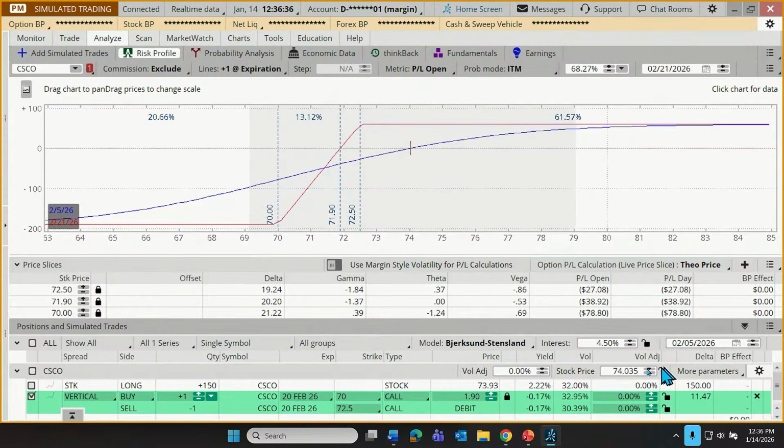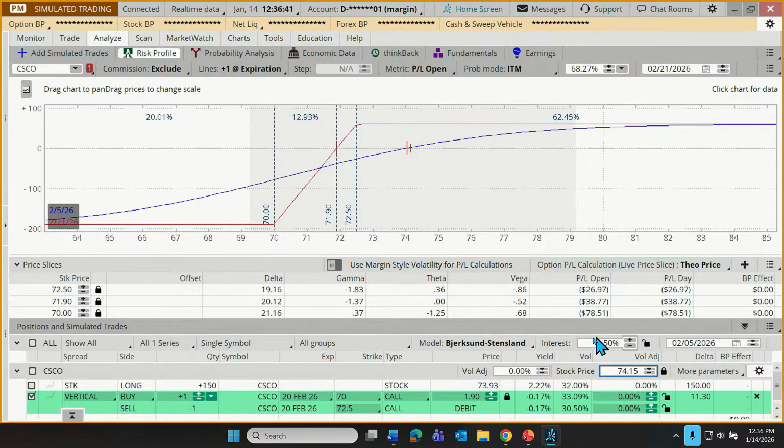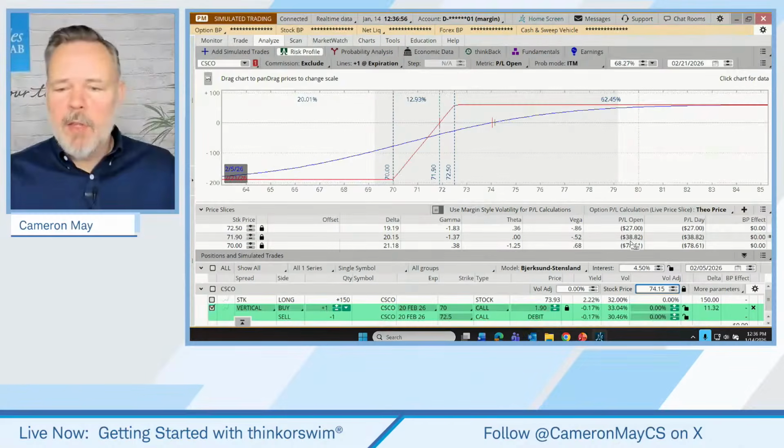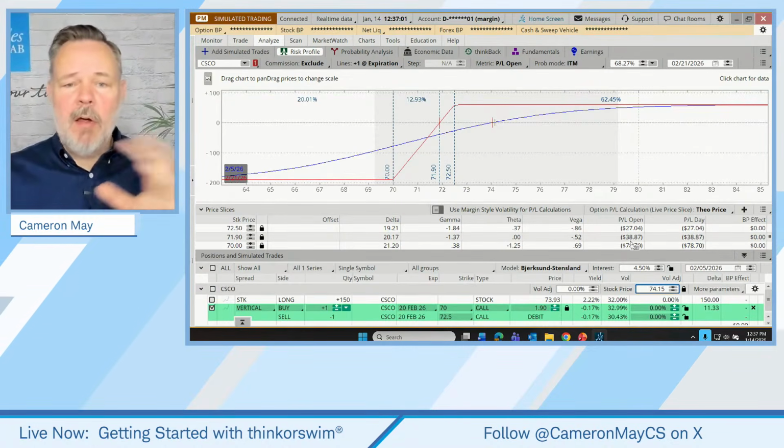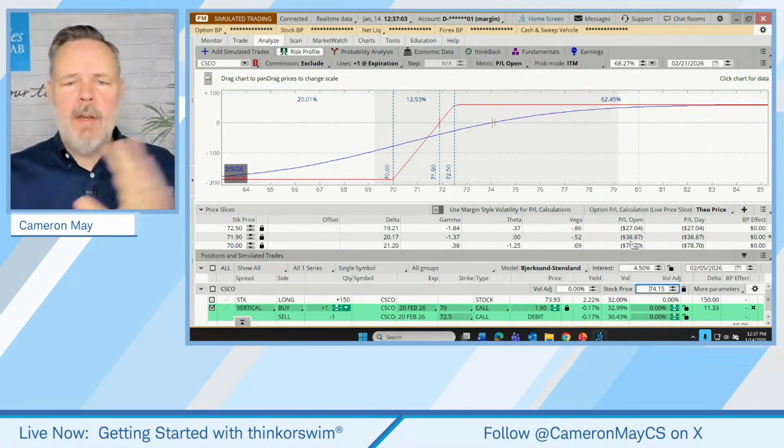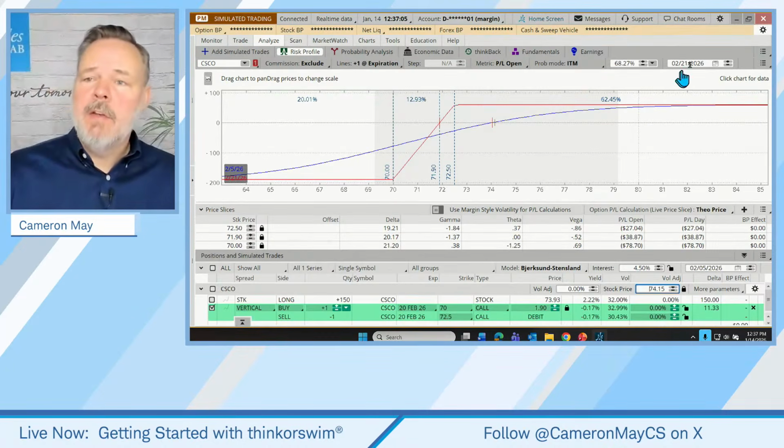We can adjust price, and we can adjust volatility and see the impact on our profit or loss scenarios here in numerical terms. So what I would suggest you do is play with these tools. Again, you can get in here, tinker around all you want, make the changes. If you get it all cluttered up and you just feel like, wait a second, I need to wipe the slate clean, you can just come right back up here and click the reset button.